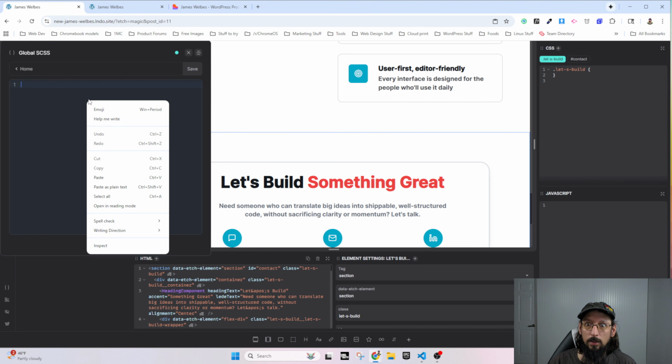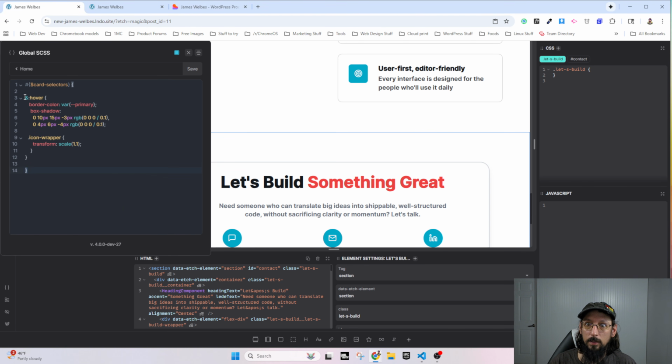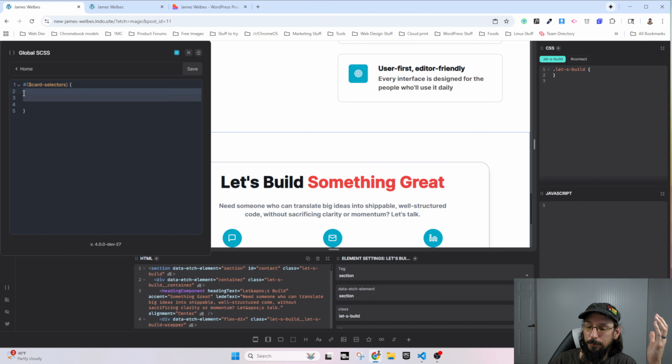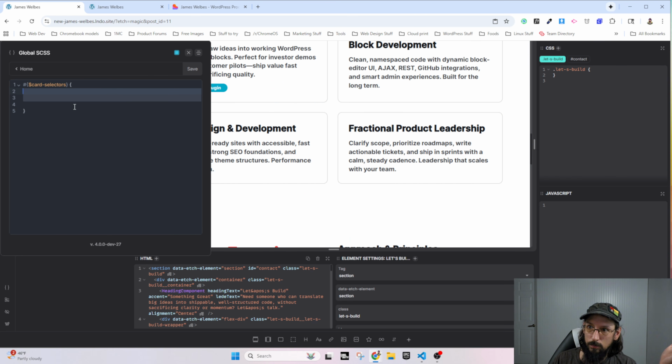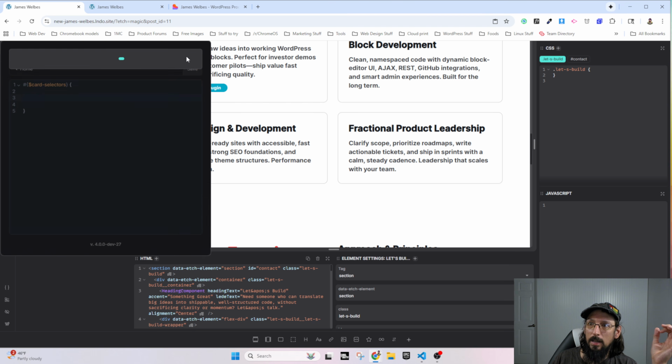So Kevin shared this code with me, minus all of this. We'll take that out. I was asking questions like, is there an easy way to add some custom CSS to all of my cards? Because we have that card framework, but as you saw, there isn't anything in there for a box shadow. So how would I add a box shadow to all my cards without going into my style sheet and adding all the classes? He said, just drop this in your global SCSS, and whatever you put in here is going to apply to